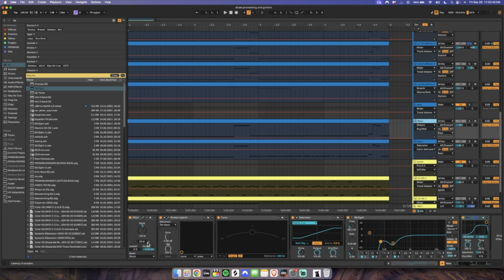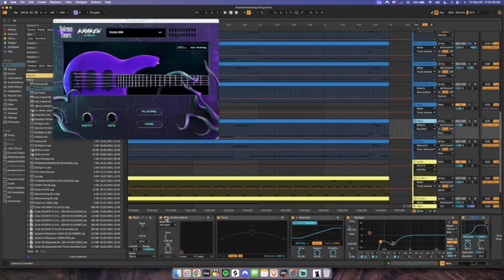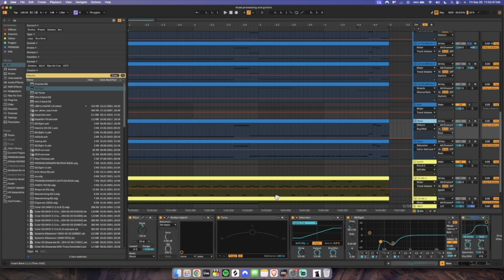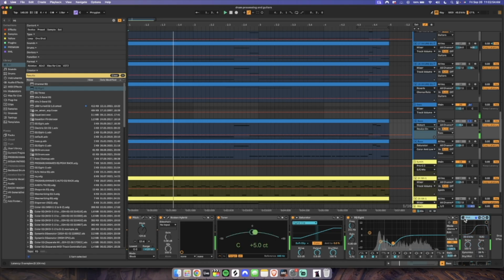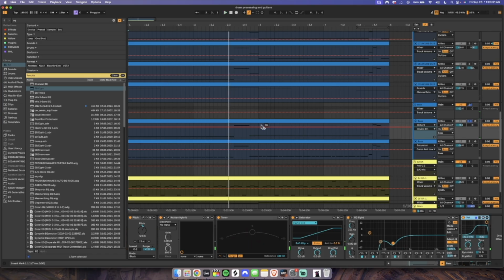Now, for my basses, I'm using the Kraken Hybrid. For this, I think I'm just using a preset, the Gnarly 666, and then I have the saturator on. I'm taking down these mids, and then this distortion for it is really cool. So, for example, without it, and then with it, it reminds me a lot of like how Gideon processes their basses. They add like that cool top end that just sounds really distorted,